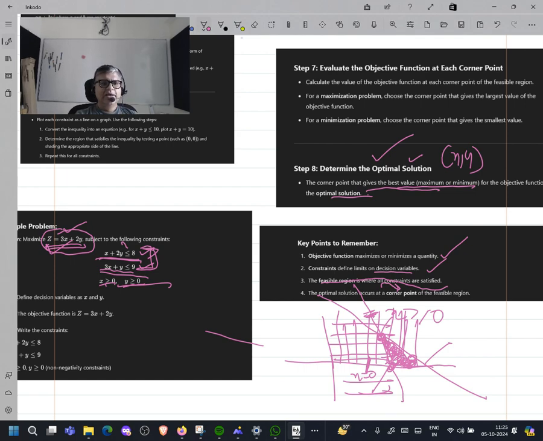Not very hard. All the questions are similar. Only thing, when you read them, don't get scared. Worry about the corner point, solving equations, finding corners, which line is intersecting with what. Take those two lines, find a corner point. The feasibility area is this. Constraints will be given in the question. The objective function may have to be created, unlike this one where it is already given. Right? So nothing to worry.